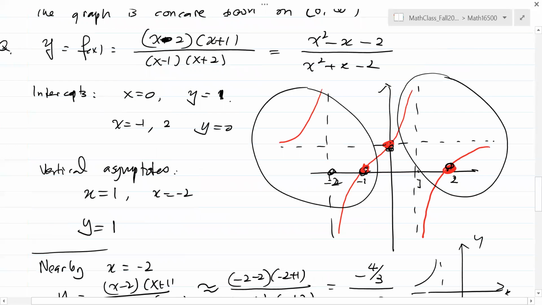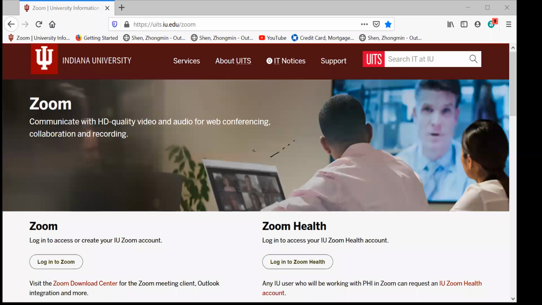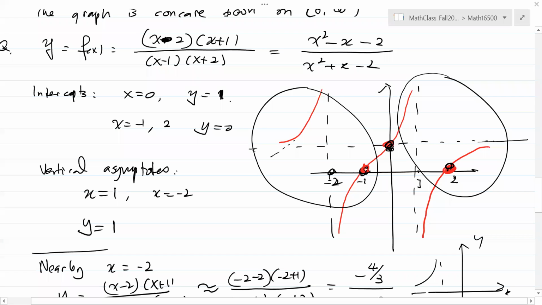What I want to do is, we almost sketch the graph. I want to make sure whether this crosses the horizontal asymptote. If it does not cross the horizontal asymptote, then there are two pieces, one on the left, the other on the right, always concave up. But if it crosses the horizontal asymptote, then it has to go up again, and the concavity changes. So to check whether it goes across the horizontal asymptote,